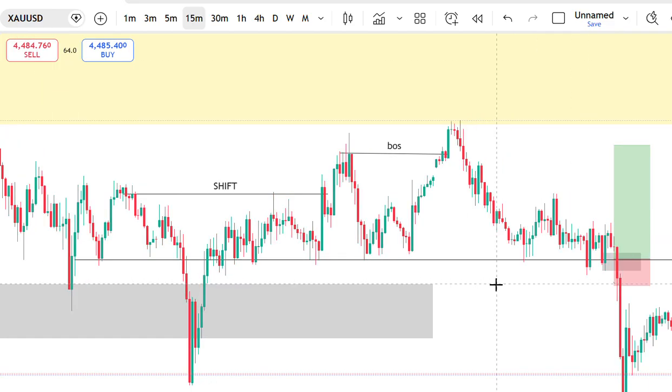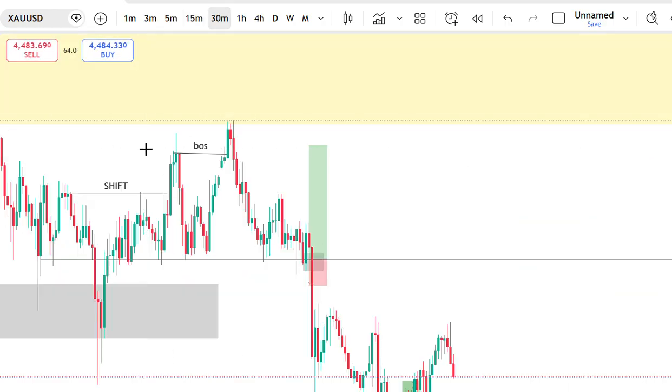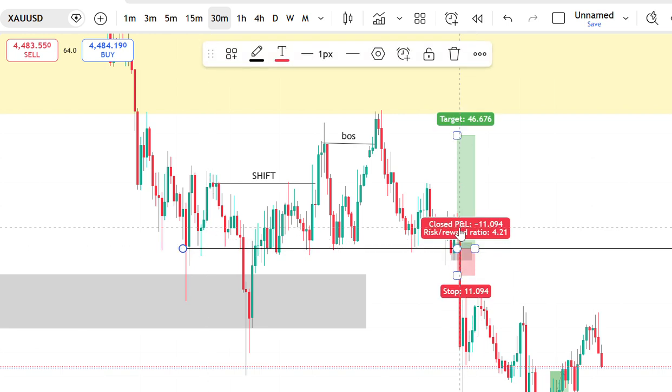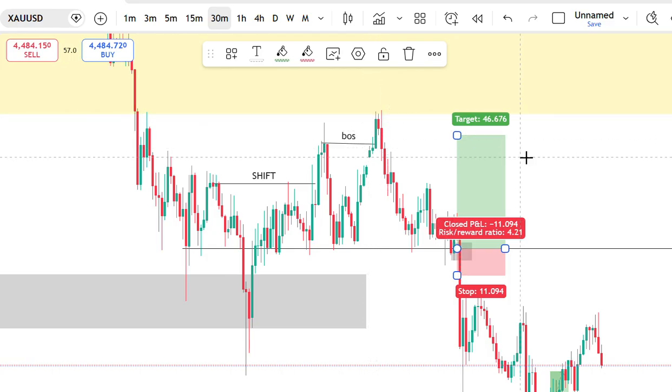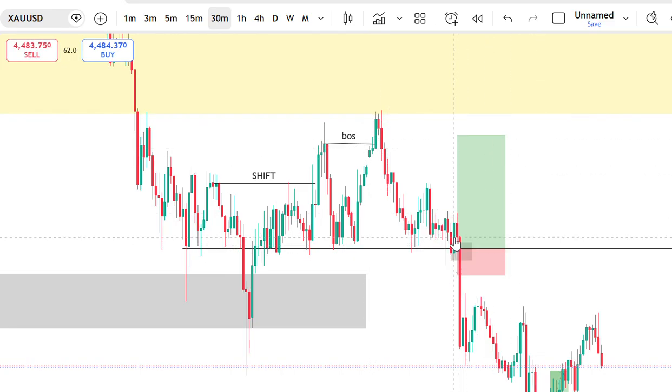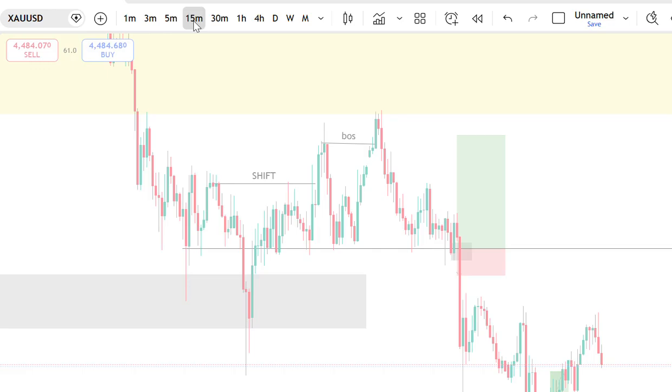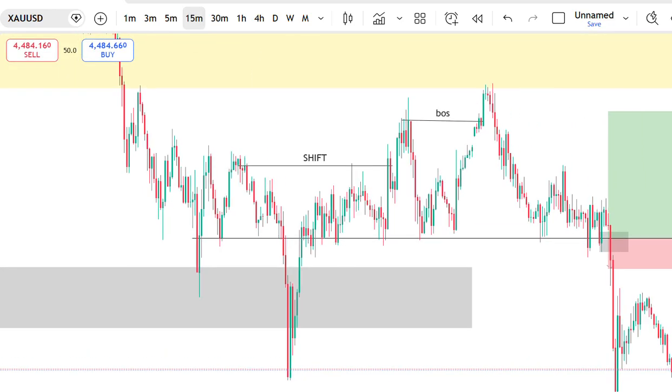I just left a pending order here, assuming the 30 minutes time frame will hold the price. So the price just came here, came back. My first TP was about here, but it failed. It just tapped, came just above for a short, and then it just came back. So if you look closely, it seems some things had not gone right. At the end of the day the market took me out, but if I check here on 15 minutes,